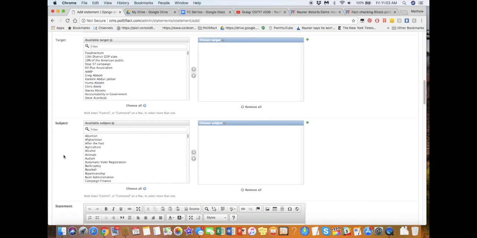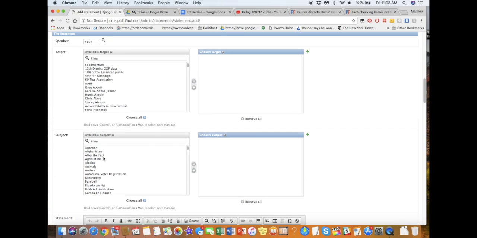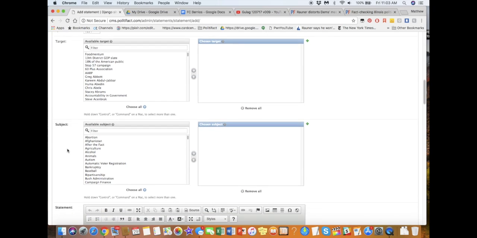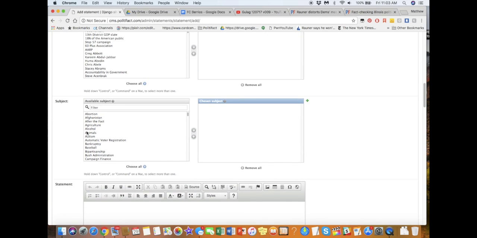Okay. For subject, you can pick multiple subjects if you hold down the command or control as it instructs you right here. In this case, we have a statement from Joe Barrios that has to do with an election. It has to do with finance. It has to do with a lot of different things. So let's see if we can add multiple